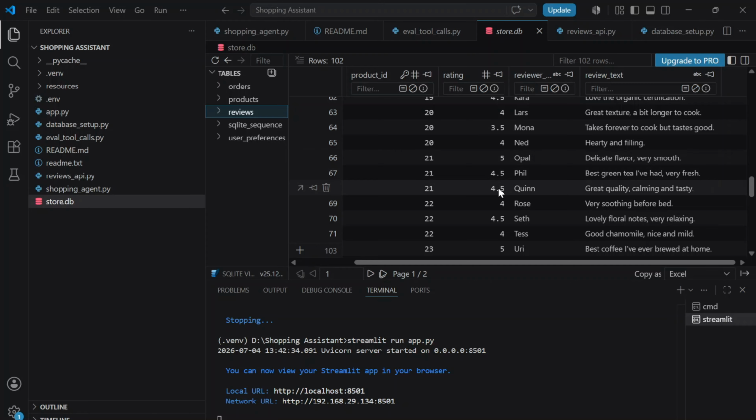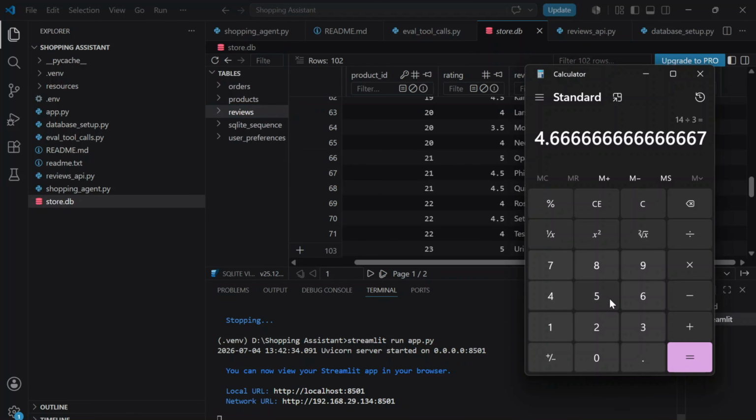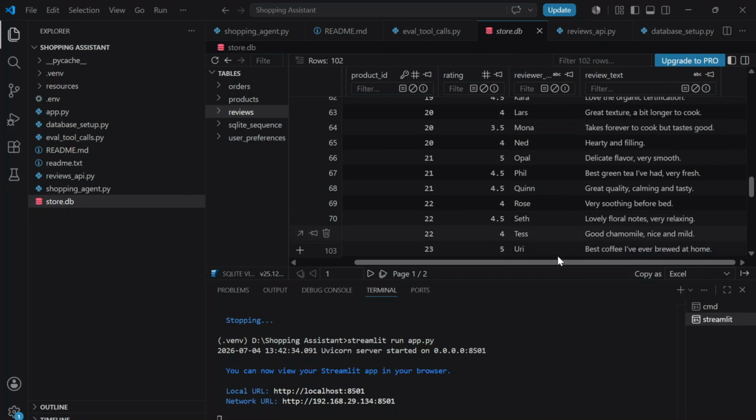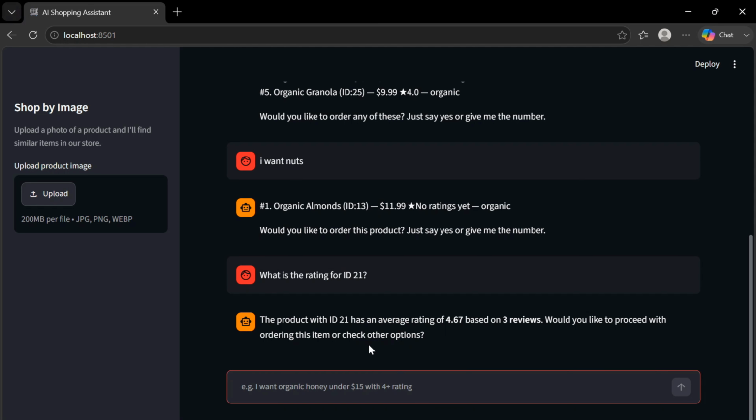If I check, 4.5, 4.5, and 5, 4.5 plus 5, this is 4.666. So that is all correct, 4.67. So this is also working fine. So let's say